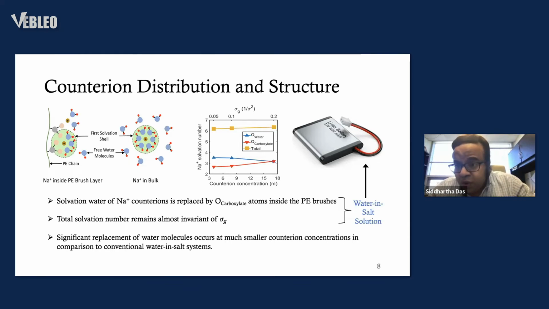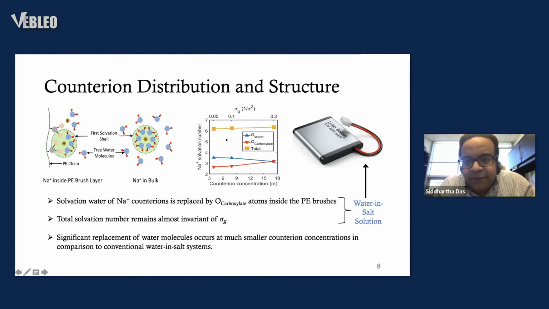In water in salt too, because of the large concentration of the salt, the lithium ion, for example, is having some of its water from the solvation shell replaced by the TFSI ion. Here, the sodium ion, the screening sodium counter ion, is having some of its solvation water molecules replaced by the COO minus groups. And we report that